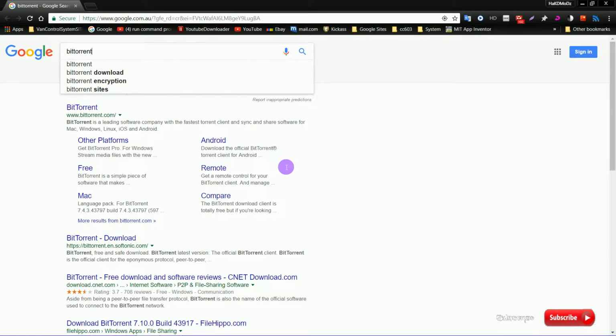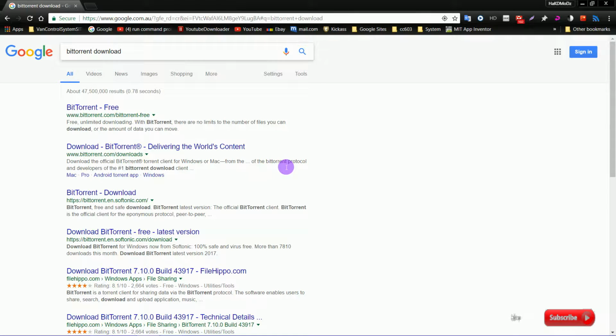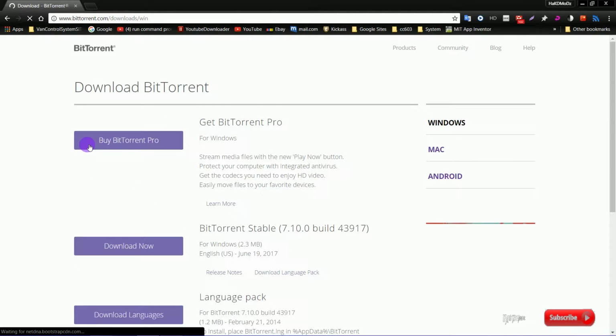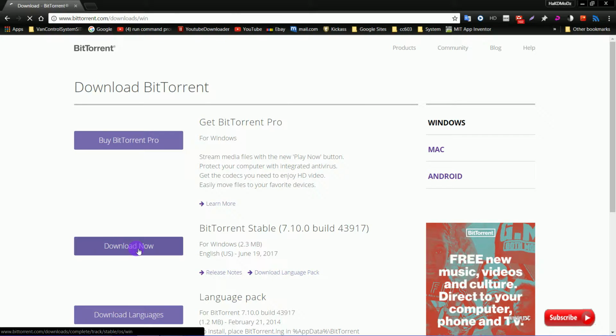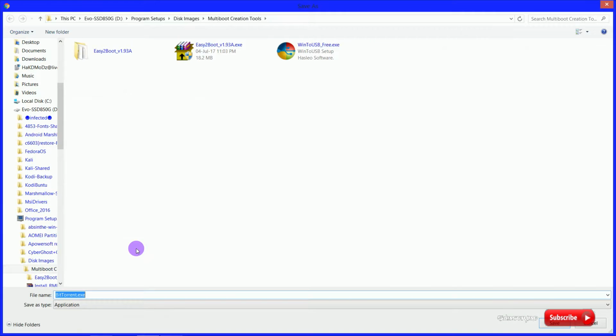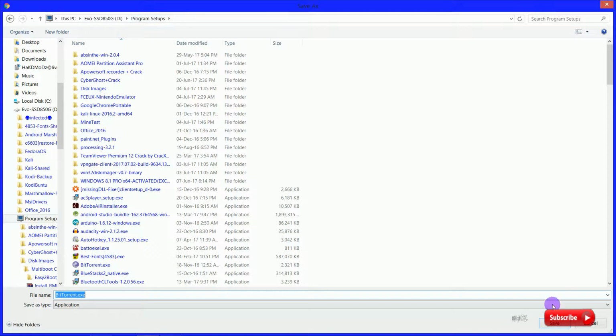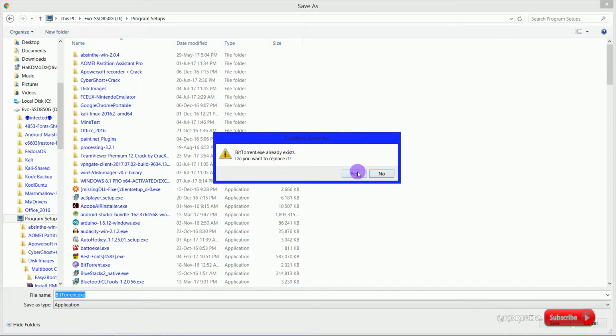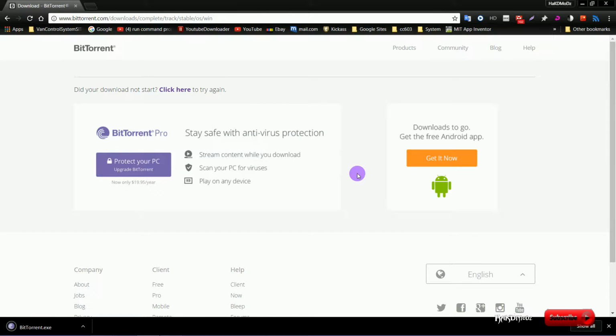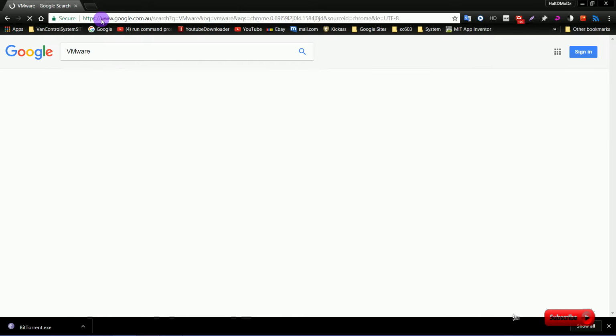So on a Google browser, type BitTorrent download. Okay, find the link. Go to the link. You want to click the BitTorrent stable build. Okay, select the download location. I like to store all my program downloads in one folder if they're a program setup. It's a good practice. So once that's downloaded, we'll go and get a VMware Workstation Pro 12